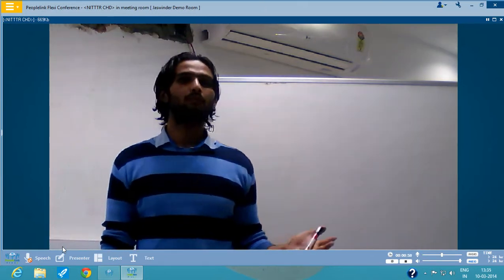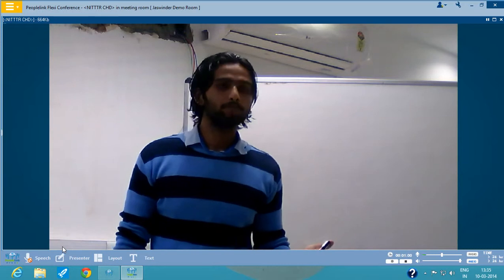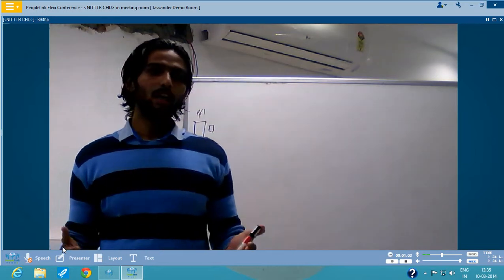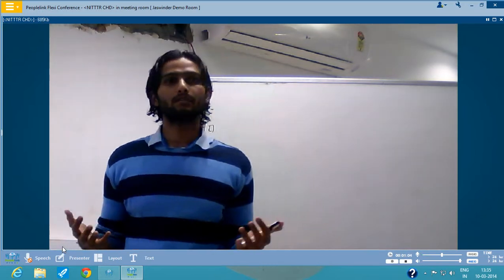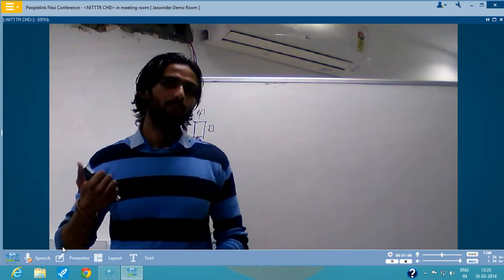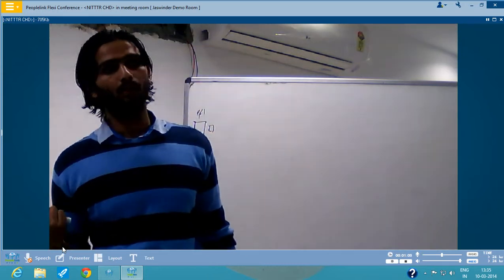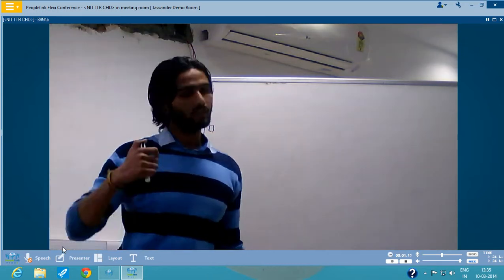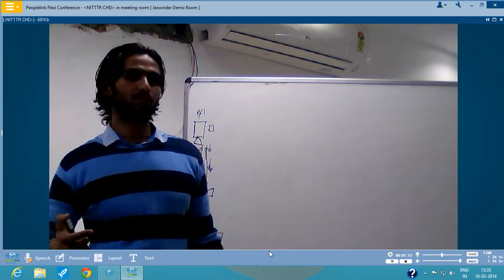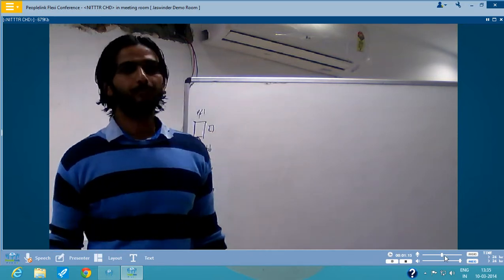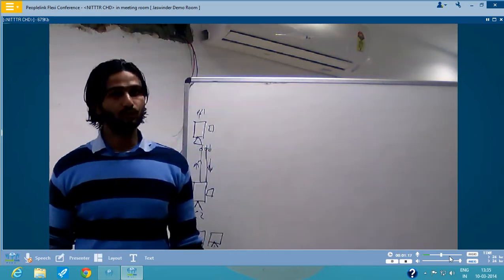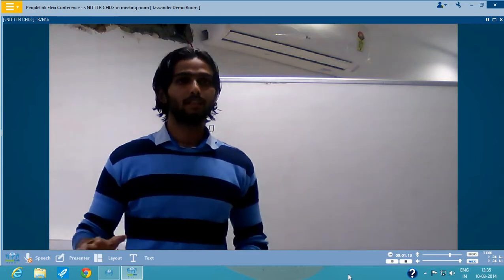Same as what the bridge did, it started to store the addresses, MAC addresses, which every device has its own MAC address. I will come to that part also a little bit later. So the bridge started storing the MAC addresses in its table.